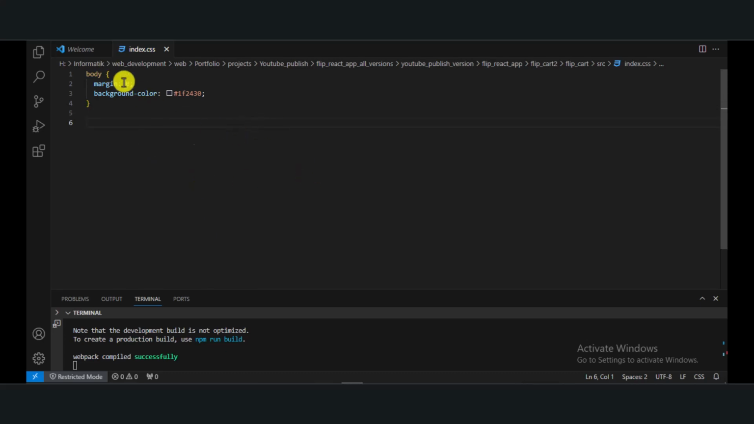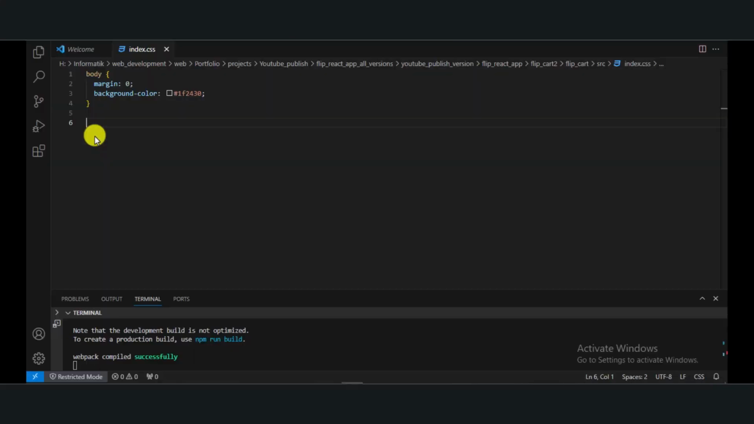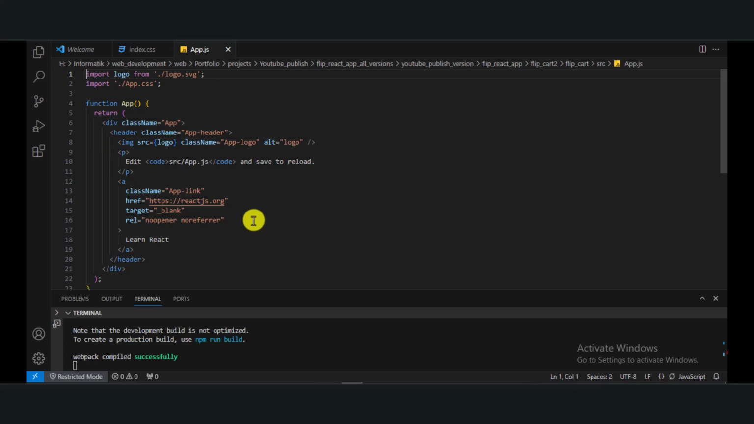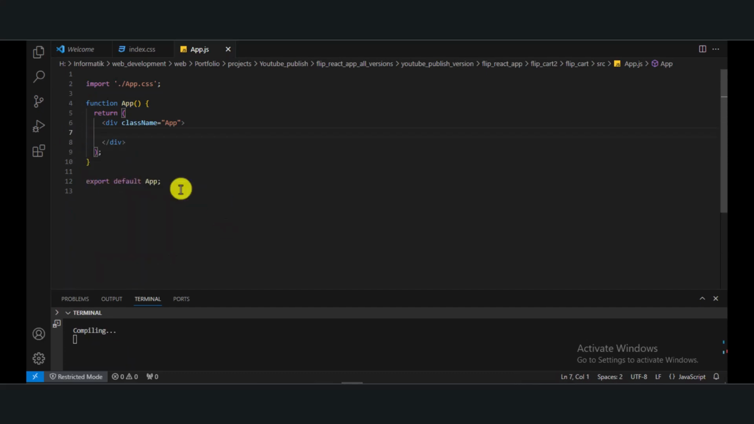After this, we will go to App.js. In App.js, we will get rid of this line. We don't need this logo. We need the import App.css line, so I will not remove it. And this is the function App. Okay, I will get rid of all of this. What I need to add is